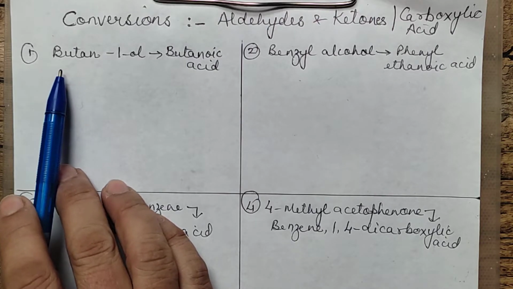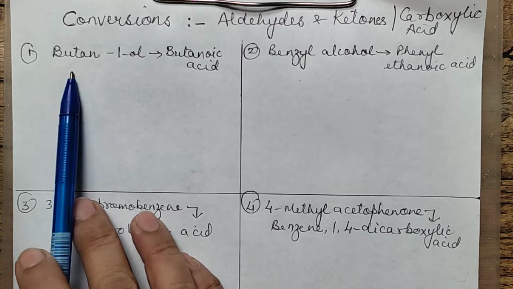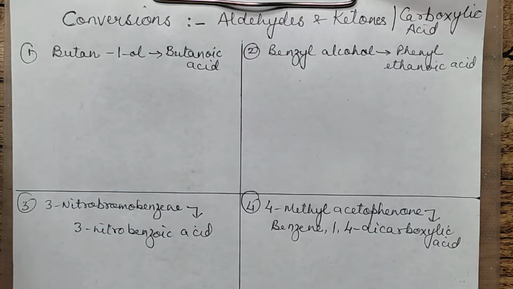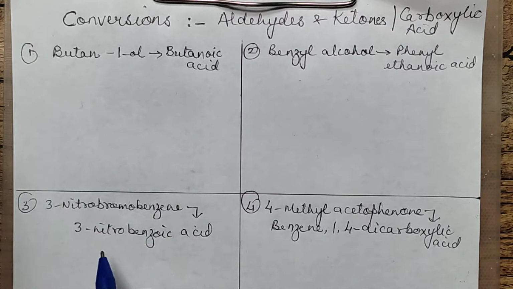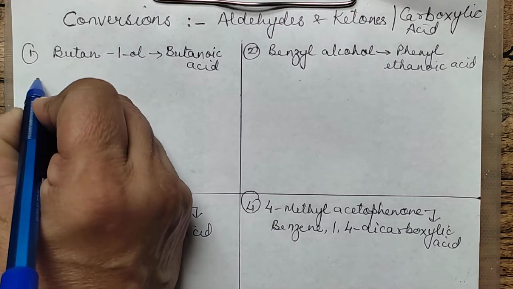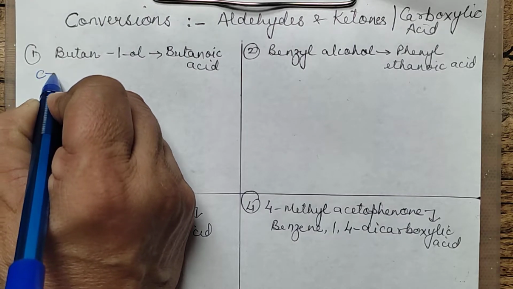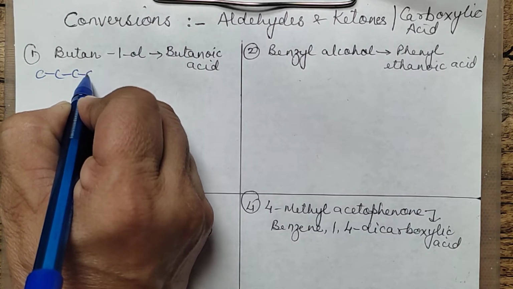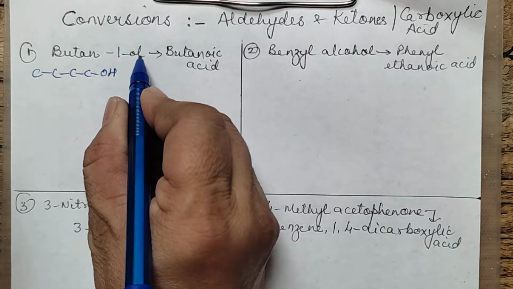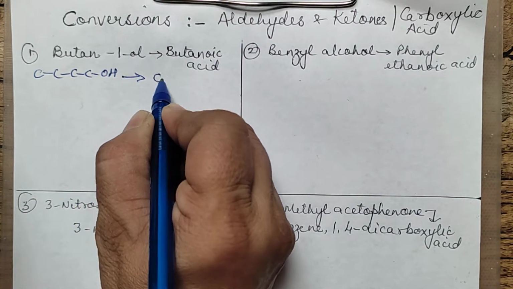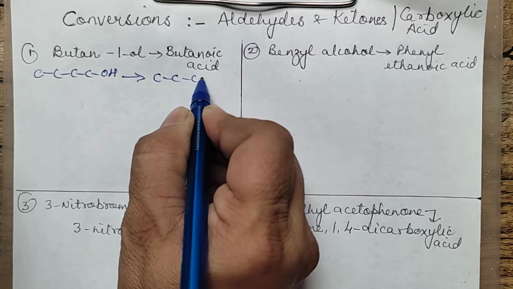Okay, so the first conversion which we are doing is butane 1-ol to butanoic acid. Now first thing is, whatever is given, you open up the structure and draw it first. That will give you a better picture of what conversion we are aiming for. So it's butane 1-ol. So I'm just drawing the carbon skeleton. That will be fine. Butane 1-ol, but and one position ol is there, and we are converting it to 4-carbon acid,